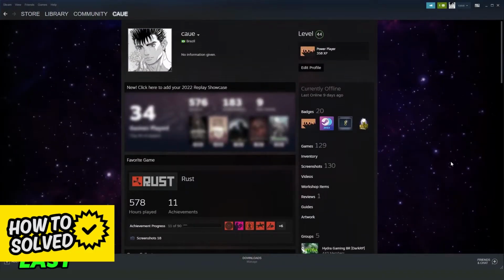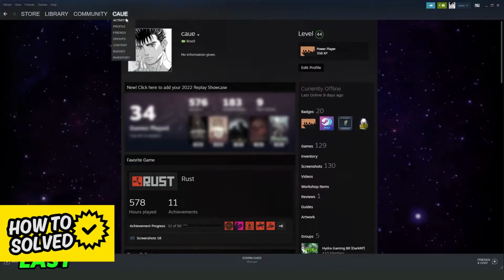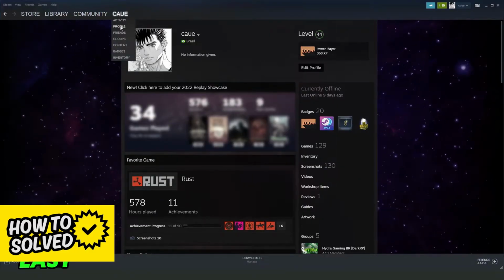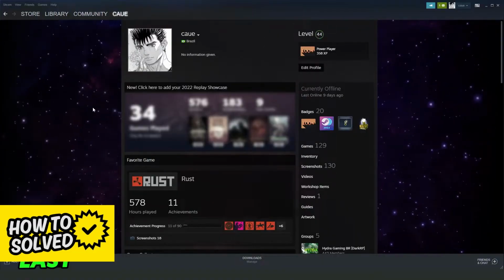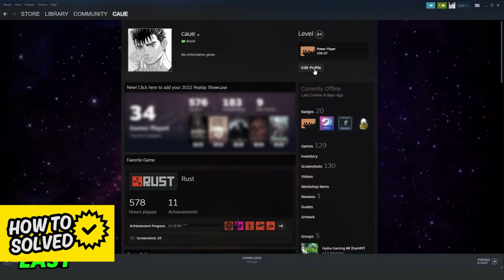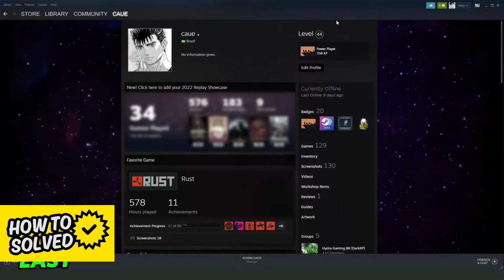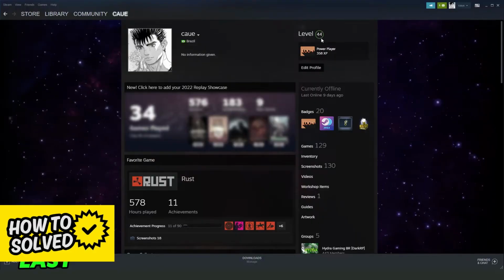First of all, you need to log on to your Steam and come to your profile right here. So drag your mouse to your name right here and come to the second option, profile. Then you will see right here, edit profile. And I will point out that to make this process, you need to have at minimum level 5 on